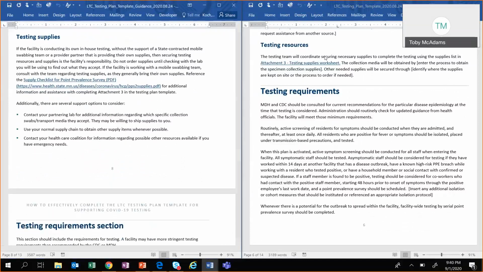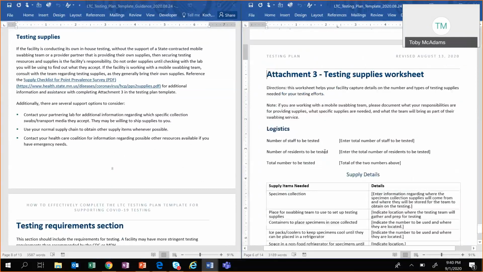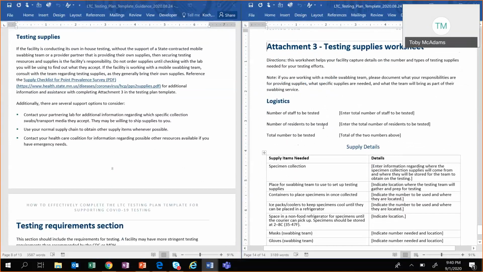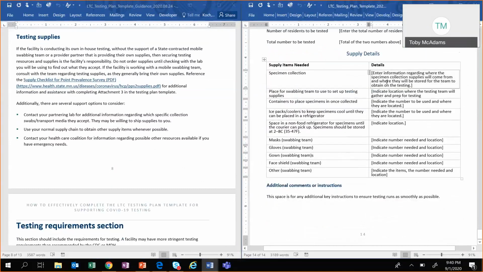And as I mentioned, it's all about the details. What are the supplies you're going to need? This section does refer to another worksheet. So we're going to jump to that worksheet because here's where you're really going to fill out the nitty gritty. So again, data on numbers of staff and residents. But then you're going to want to be thinking about specimen collection items. So what are your responsibilities for specimen collection? If you do this on your own, if you conduct the swabbing on your own,